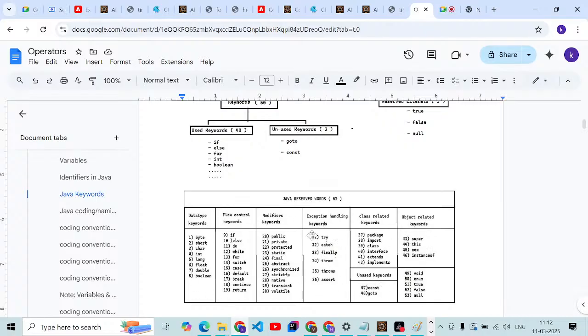All predefined keywords should be in lower case. These are the control-level and topic-level keywords: if, else, do, while, for, switch, case, default, break, continue, return. Modifier-level keywords: public, private, protected, static, final, abstract, synchronized, strictfp, native, transient, volatile. Exception handling level keywords: try, catch,